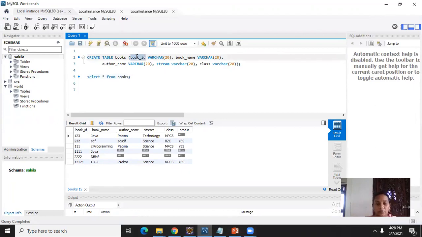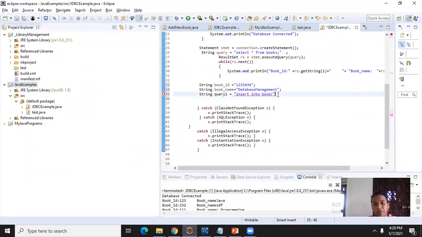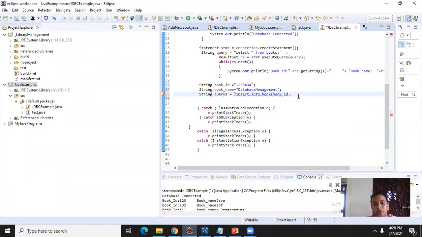Column names must match: book ID, comma, book name. These two fields only I am inserting.